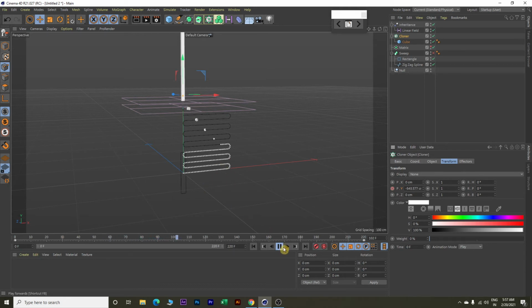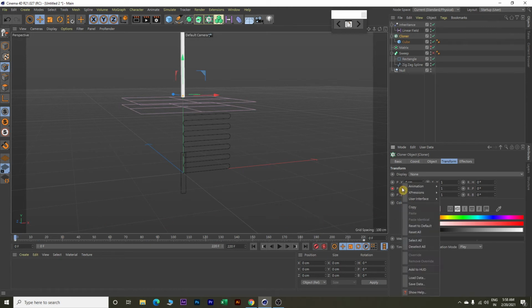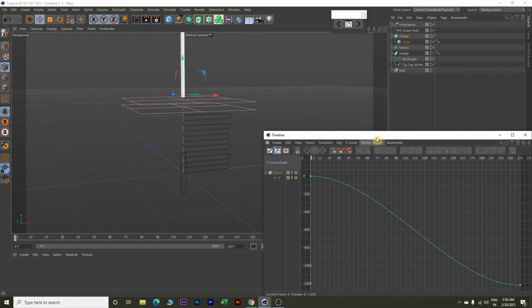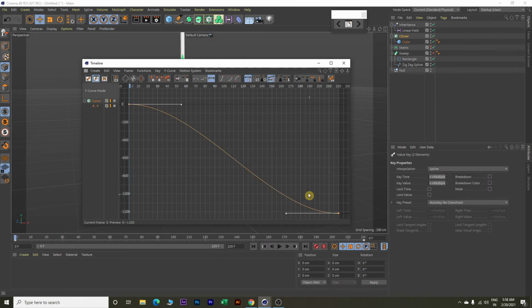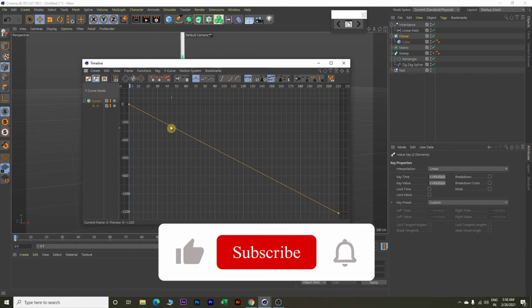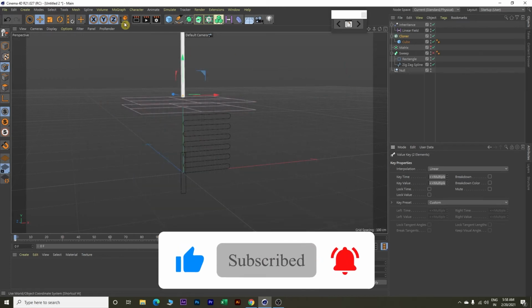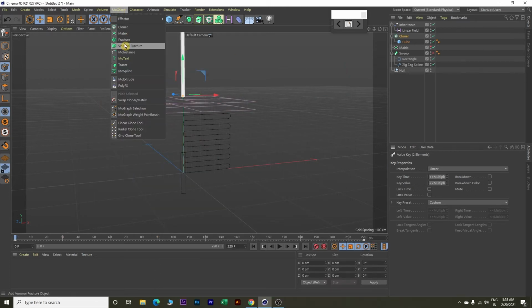So this looks good. Let's stop the animation, go back to frame 0, and now on this Y animation we will right click, go to animation, and click show F curve. Bring it over here, click somewhere in between, press Ctrl A on your keyboard to select this, and click on this linear option. So this will smoothen up our animation.